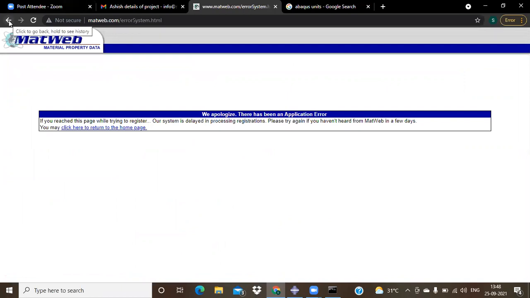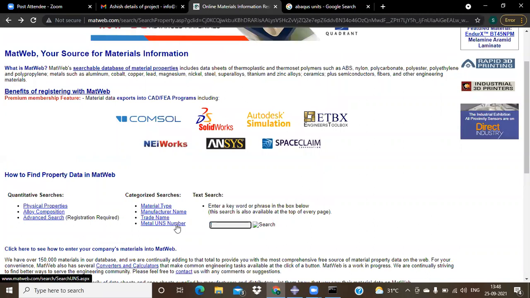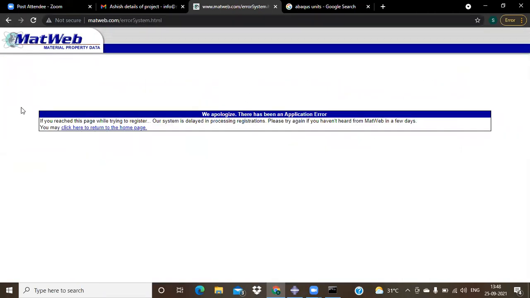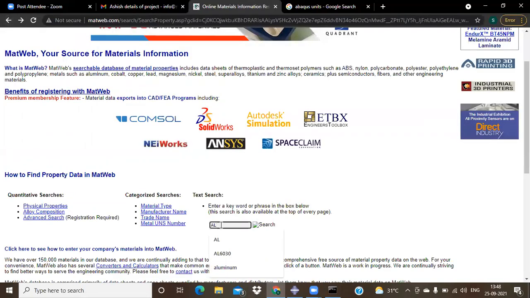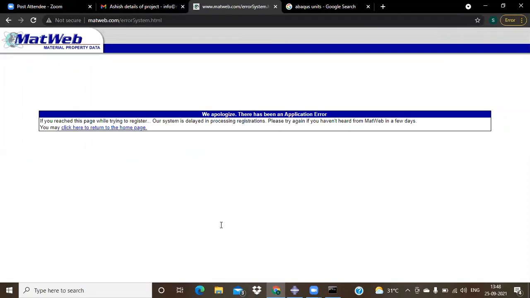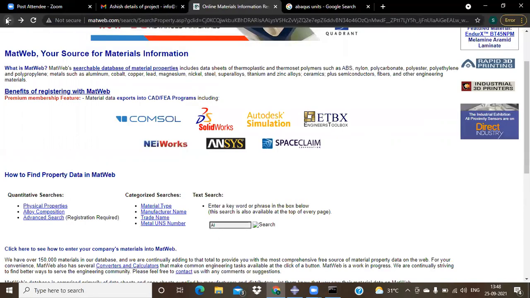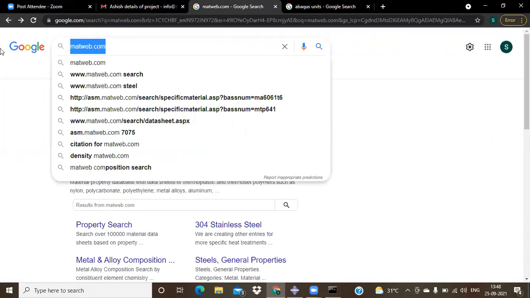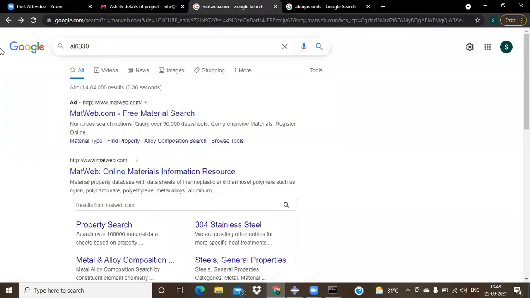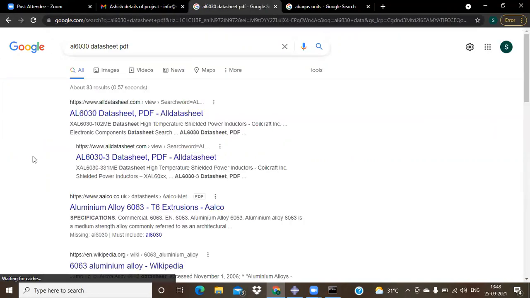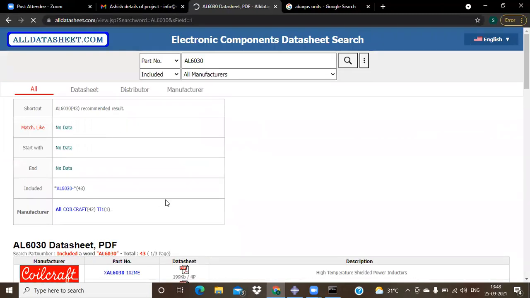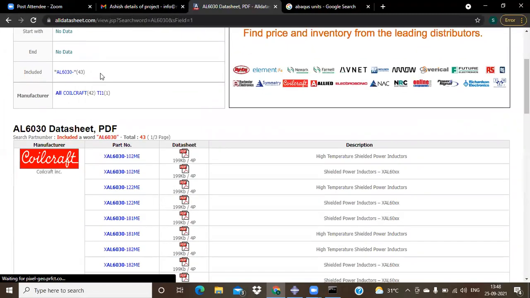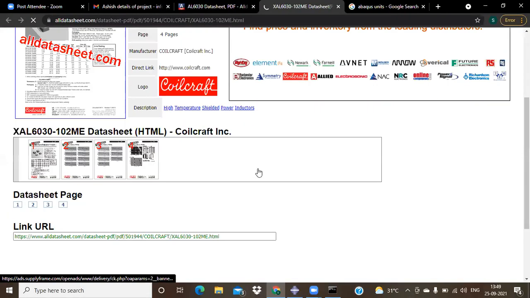We apologize, an application error. Normally it should work, guys. Okay. Aluminum 6030 data sheet, I can type data sheet PDF. I just want to see this. This is the data sheet that is available, an AL6030. Anything, just as a sample, I'm just showing you this.